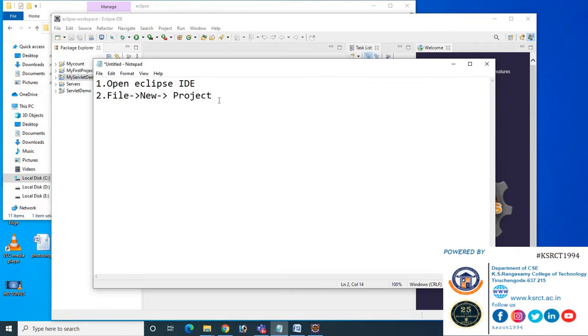So the step we have done is File, New, and then Project. After that, we have to choose Web, and then we have to choose Dynamic Web Project. So this is the second step we have to do.